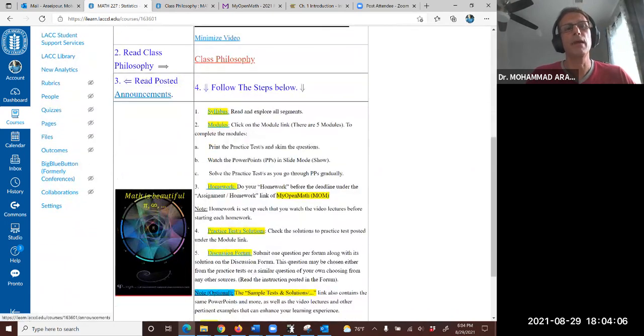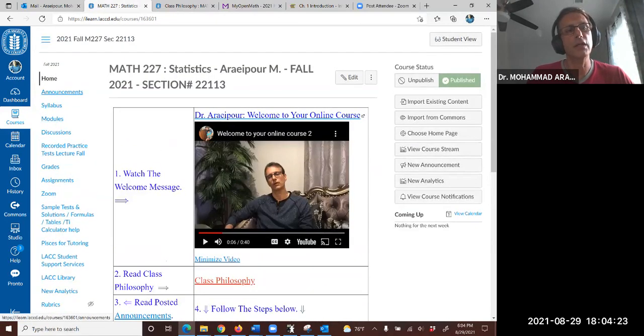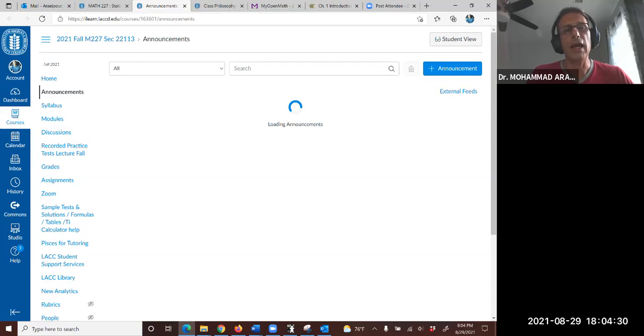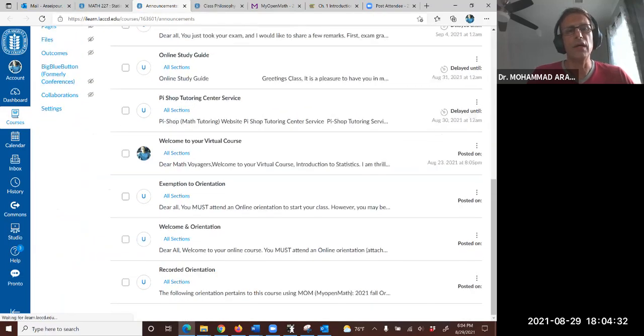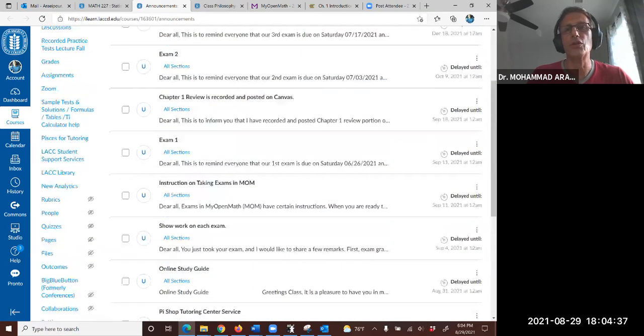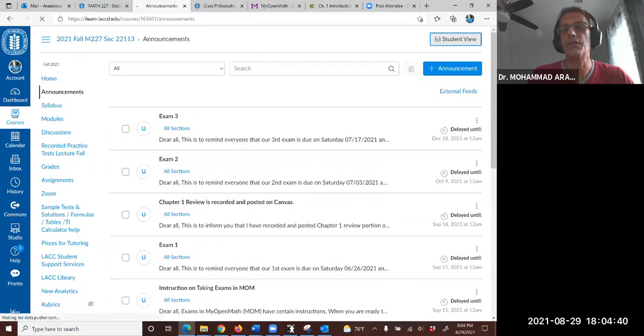Number three, read posted announcements. I had sent an email regarding what you need to do to get started and be exempt from the orientation. You can click on the announcement on the left navigation bar or this one. It makes no difference. It takes you there. You see a lot of announcements that are not ready yet, but if I put this in student view,